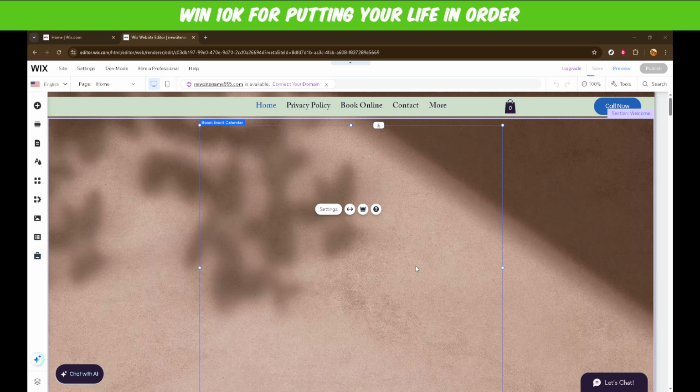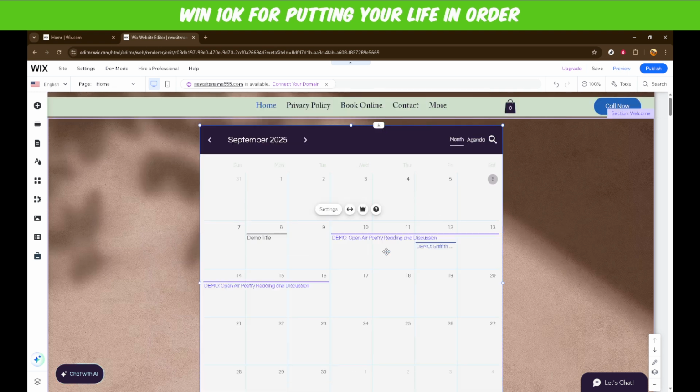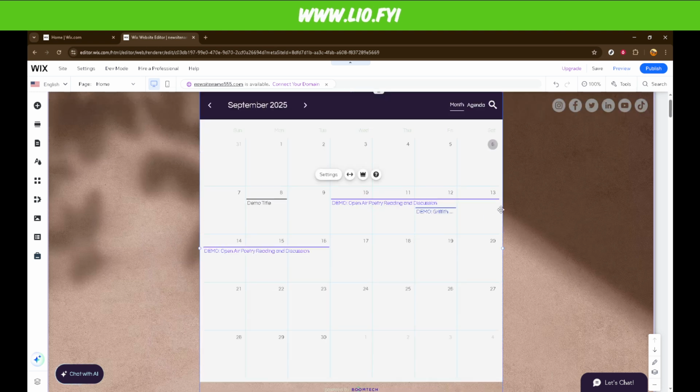And that's it. Your calendar should now be a functional part of your Wix website, ready to keep your visitors informed about your latest events and important dates. By following these steps, you've made your site not only more interactive, but